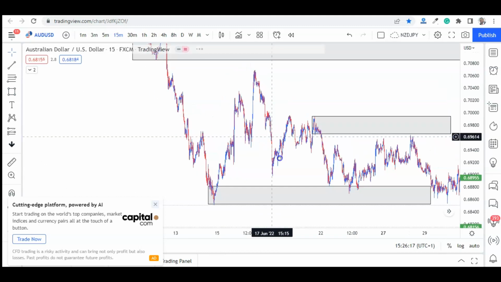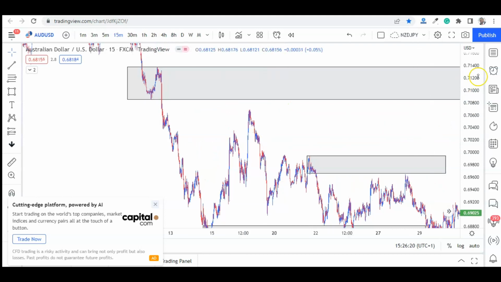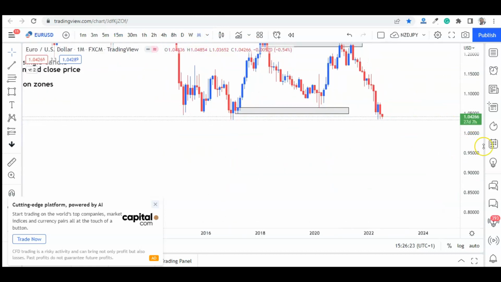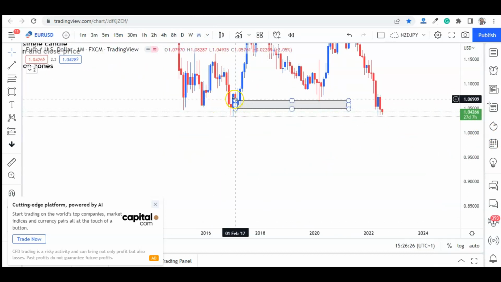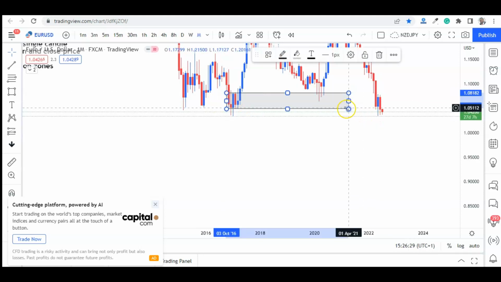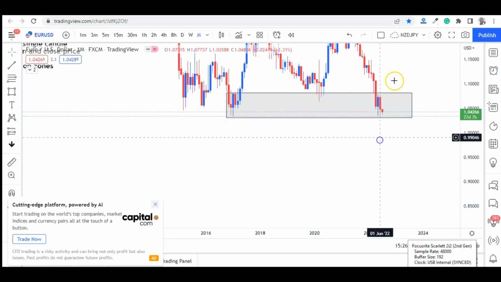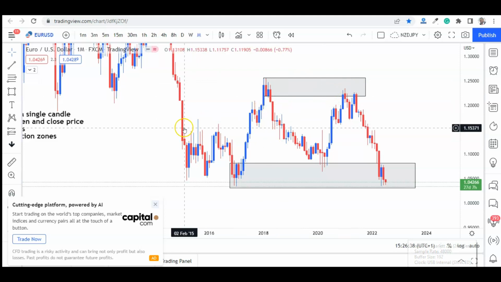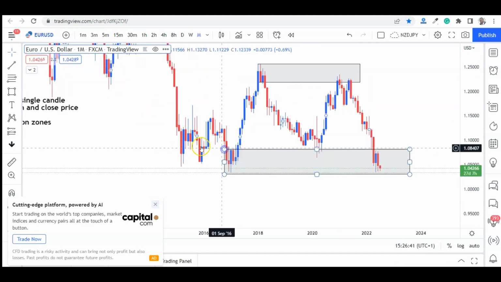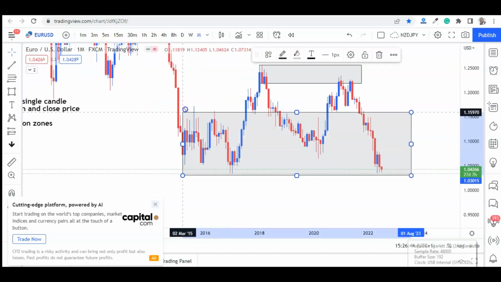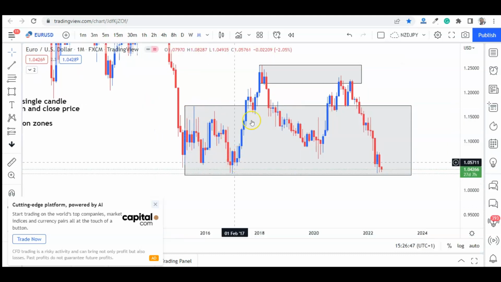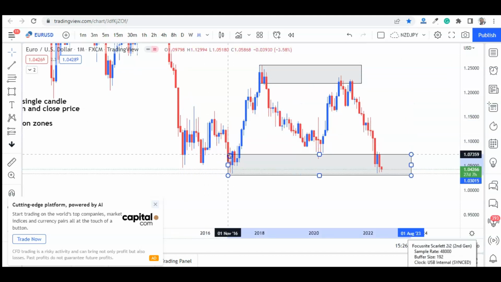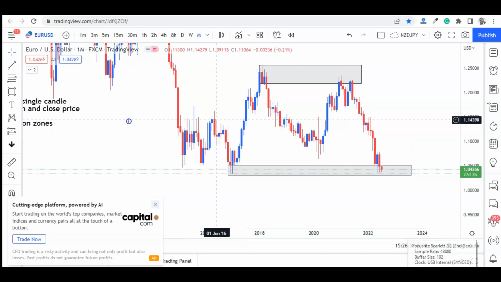Now when you are using the entire consolidation zones, make sure you are using it on a lower time frame, because it doesn't make sense to go to the monthly time frame, for example, and mark out the entire consolidation zone. It takes time for price to even have a form of response to it. Like this entire consolidation area here. You have to be honest, this is where market consolidates before breaking to market on the higher time frame. No, the higher time frame is good to use a single candle or the wick of the candle,